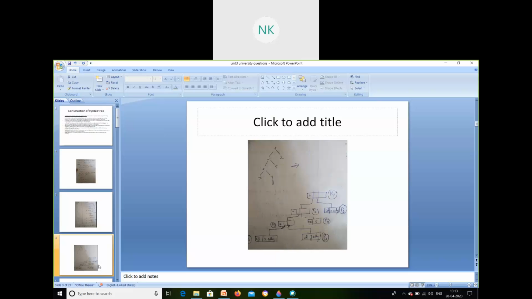See here, x star y. Your leaf should be an operand, and your internal node should be your operator. That is your syntax tree. Every leaf should contain an operand, and every internal node should contain an operator. Yes. So x star y, then minus 5 plus z.